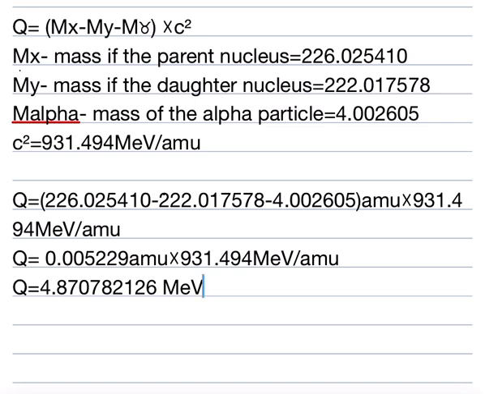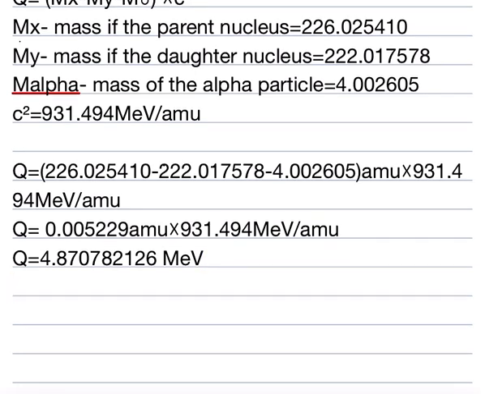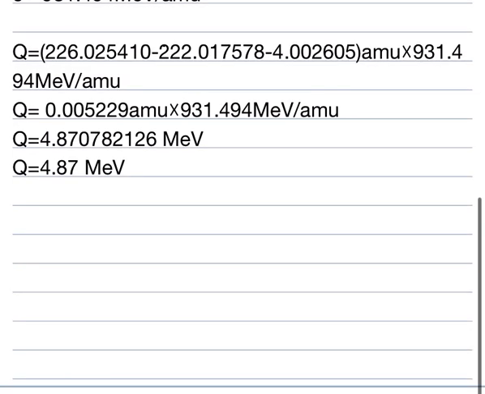If we bring it down to 3 significant figures, our Q value is now 4.87 mega electron volts. So that is it on part A of the question. Now